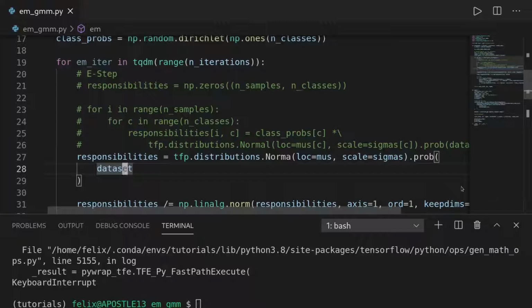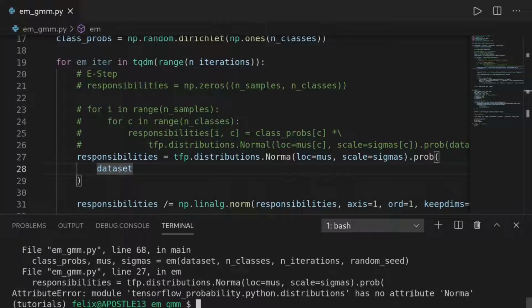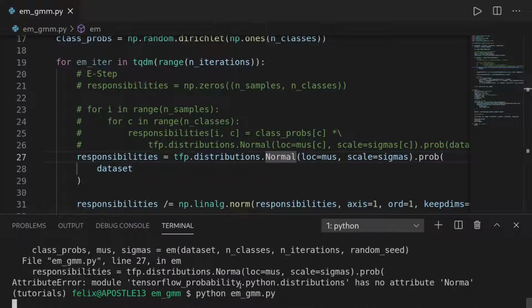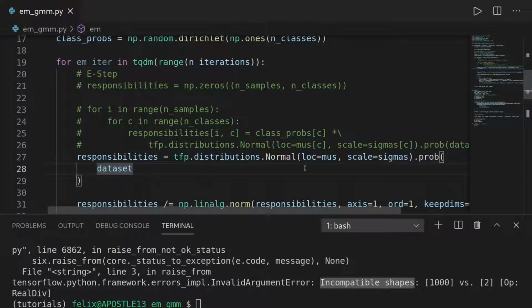In the best case, it should return the matrix that we created with the double for loop earlier. However, if we try to run it, we will run into a problem of wrong broadcasting. Of course, we also have to make sure that we type it correctly. But we will run into a problem with broadcasting, and we see incompatible shapes. The problem here is that our dataset has 1000 entries,